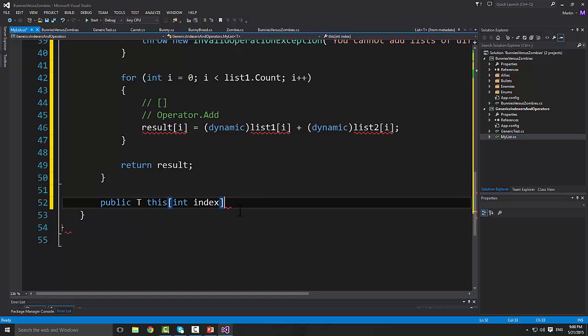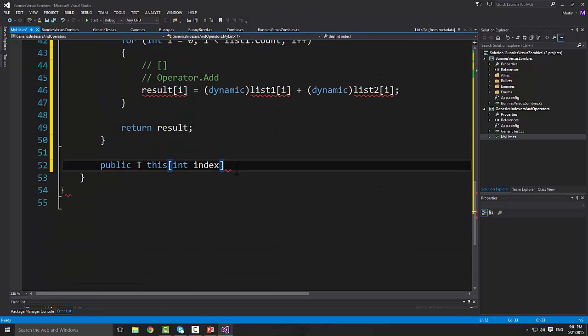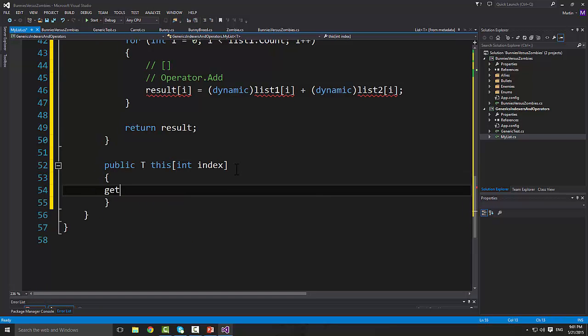So this doesn't look like a method, more like a property, because it has a getter and a setter, right? If I want to get something at a specific index, I have to do one thing. If I want to set something at a specific index, I have to do another thing. So it's more like a property rather than a method. And the operator, when you want to overload it, is a method, right? It has some logic in it. But here I just have to say get and set,